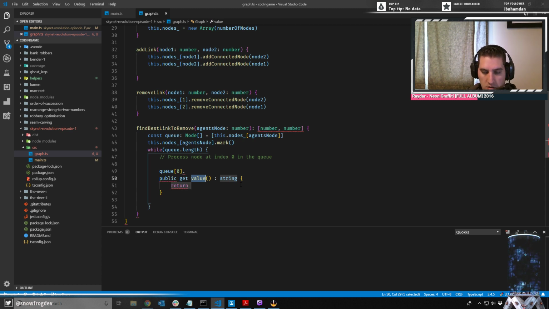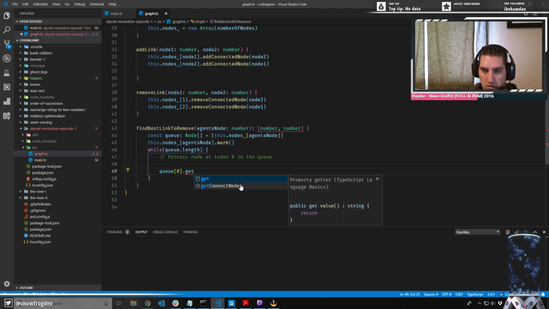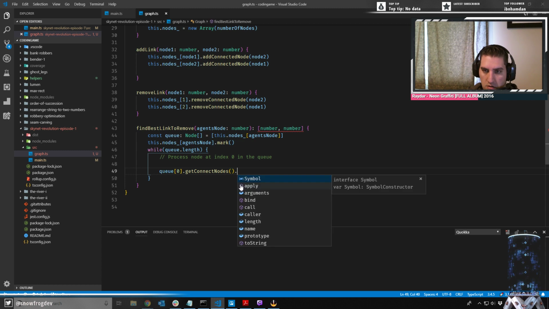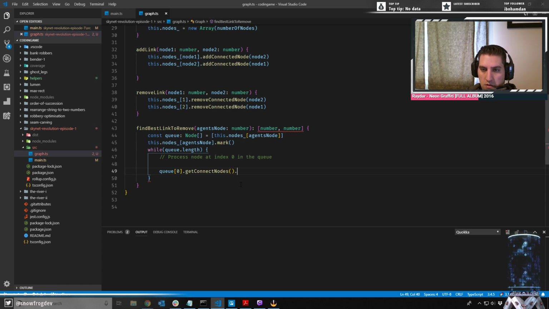Whoa. Get connected nodes dot. Oh right, then I can just do for node of